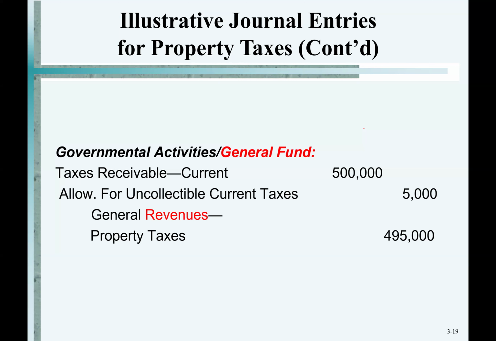So anyway, all the revenue we're assuming here that is collected will be collected within the current fiscal year, or at least within 60 days thereafter, so we don't have to worry about recognizing revenue at the fund level. Okay, so what happens? The government mails out tax bills. They'll put that in taxes receivable current. Now, receivables are a current asset. Remember, we only have current assets at the fund level, right? So receivables are current. That doesn't mean current asset,